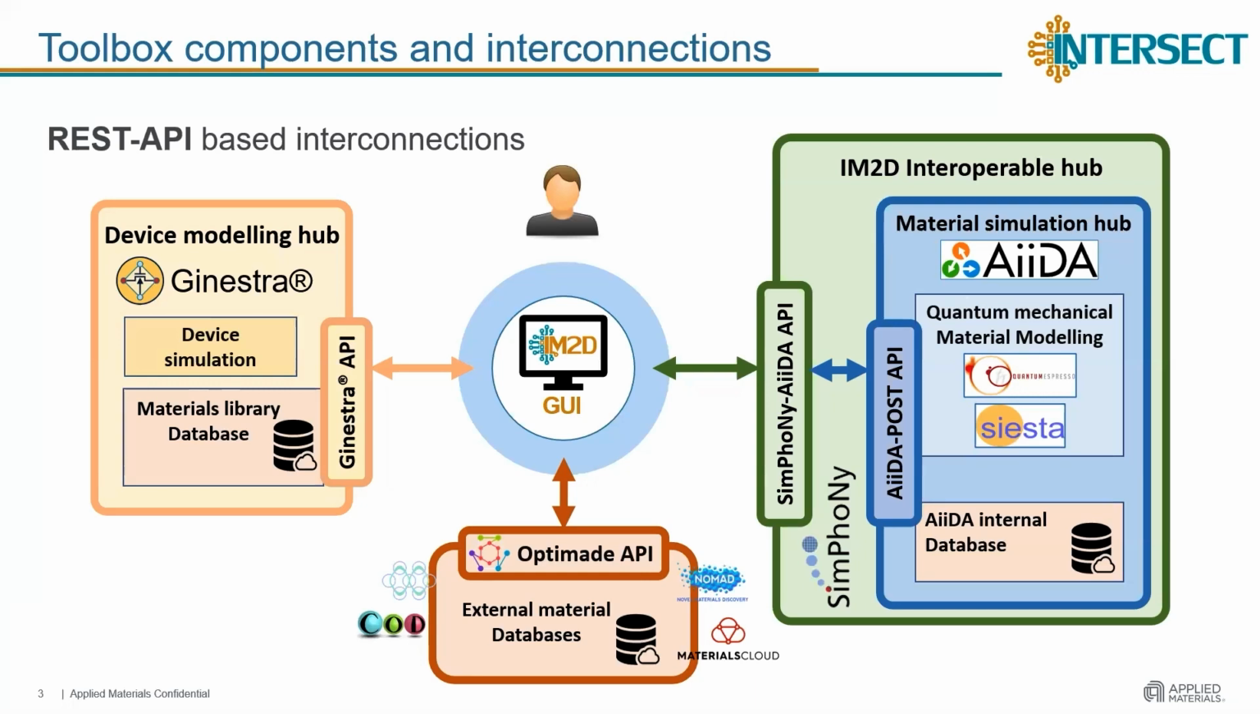In between, as I've said, there is the graphical user interface that is called the Material Property Browser. It can run as a standalone application, but it is also fully integrated into Ginestra, as I will show you later. In addition, the GUI implements also the Optimade API, you can see it in the bottom, that enables the connection and the exploration of a large set of external databases that are the ones that belong to the Optimade consortium. Now I will run the application,